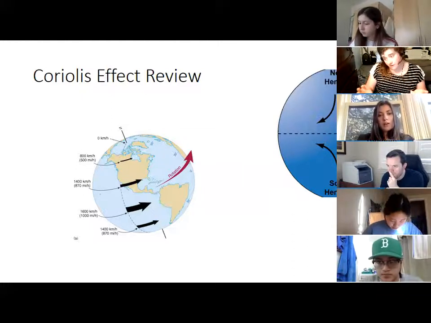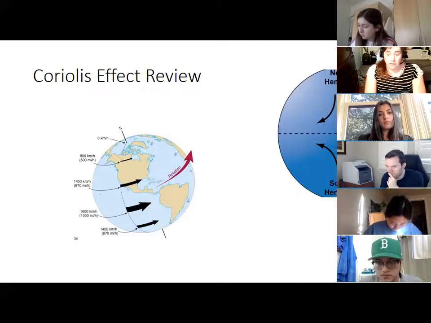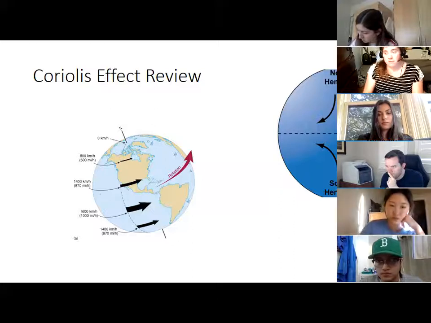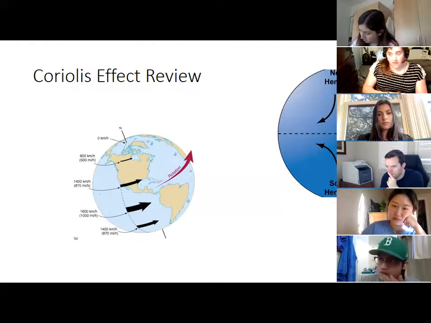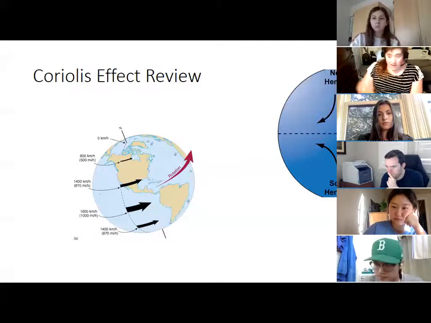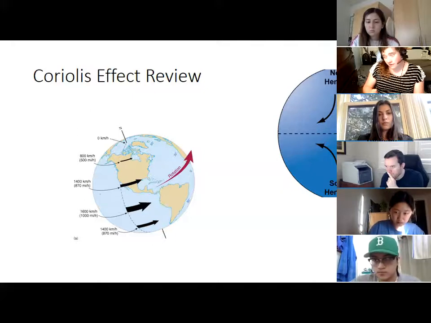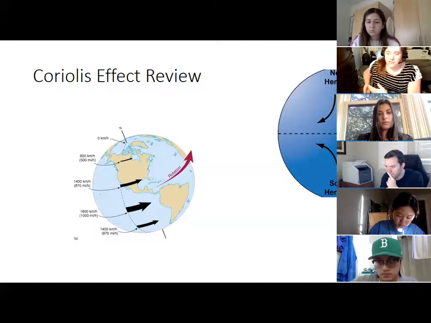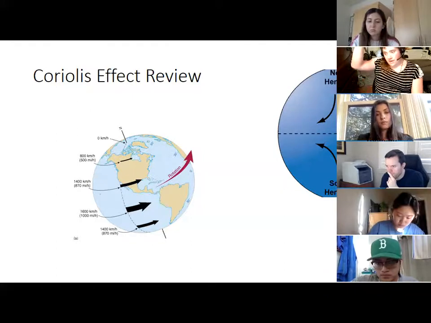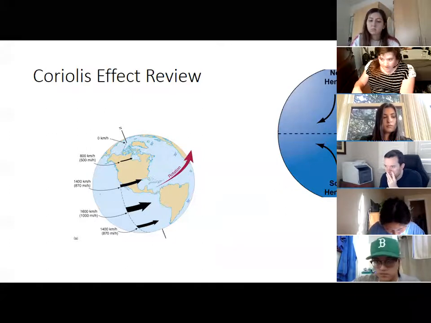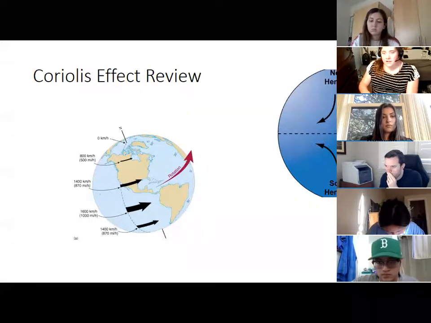That's where it usually first comes up in discussion, because we learn about how you would expect masses of air to just flow in a straight line from one latitude to the next, but because you're moving from one latitude to the other, that mass of air moving in the upper atmosphere is going to, and again, some people don't like anthropomorphizing this, but however you want to put it, it's going to think it's still rotating with the ground where it started. It gets up in the air and it acts as if it's still on the ground, rotating at the same speed as the ground at the latitude where it started.